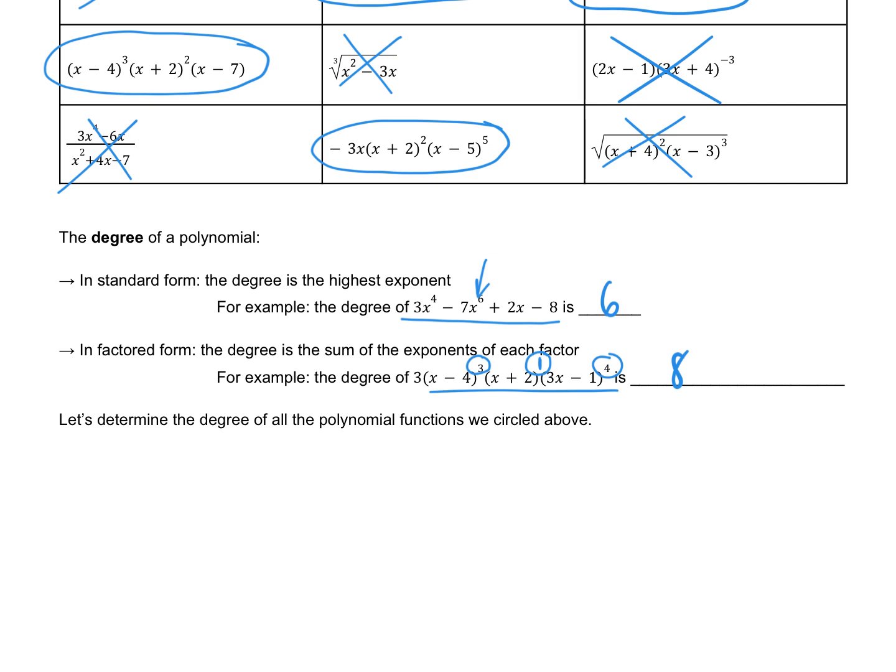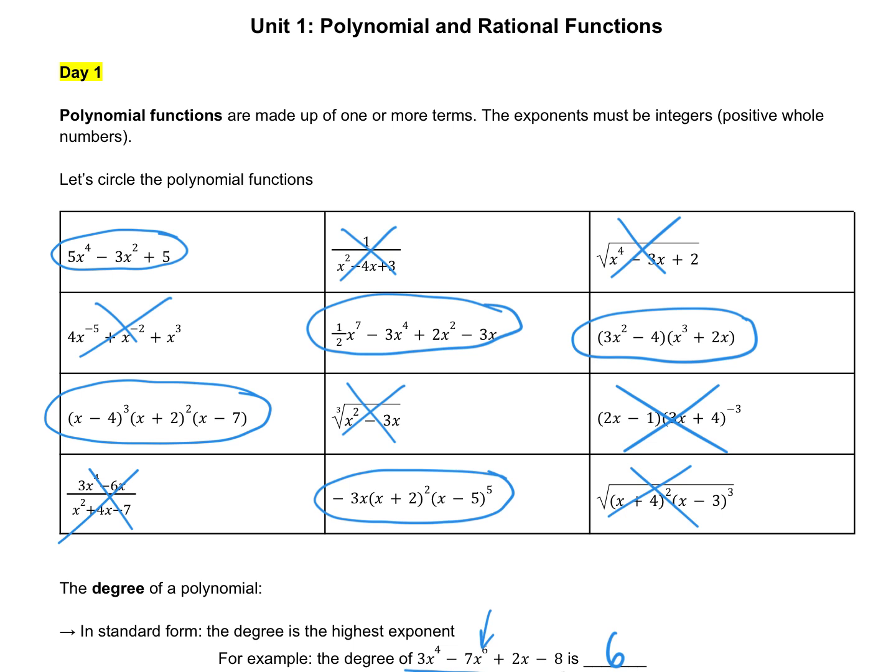Okay, now I'm just going to go up to the polynomials that we circled in this box, and I'm going to write the degree of each function. So the first one on the top left, it's in standard form. The highest exponent I see is 4 from 5x to the power of 4. So the degree is 4. We call this a quartic function. The next one here, I see that exponent of 7. So this is a degree of 7. This doesn't have a special name. This is just a polynomial. The next one